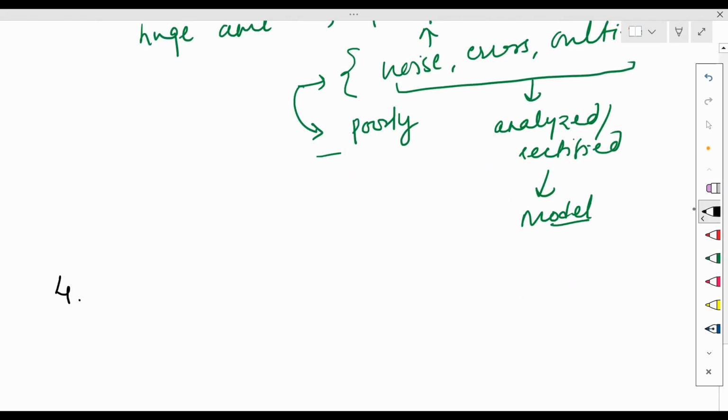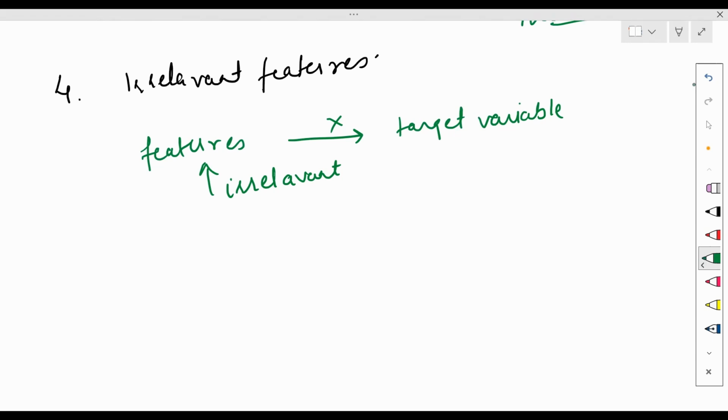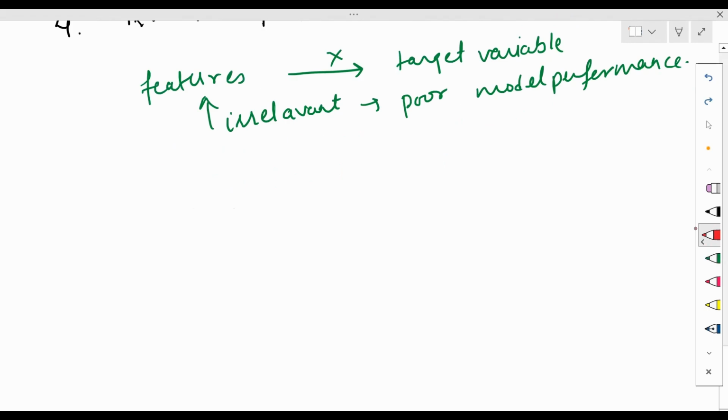The other challenge is irrelevant features. Sometimes we might have some features which will not make any contribution to predicting the target variable. Such features are irrelevant to the data and make the model performance poor. Say we are trying to predict the marks of students for their board exams, then we might have different kinds of features like number of study hours, marks in previous classes,